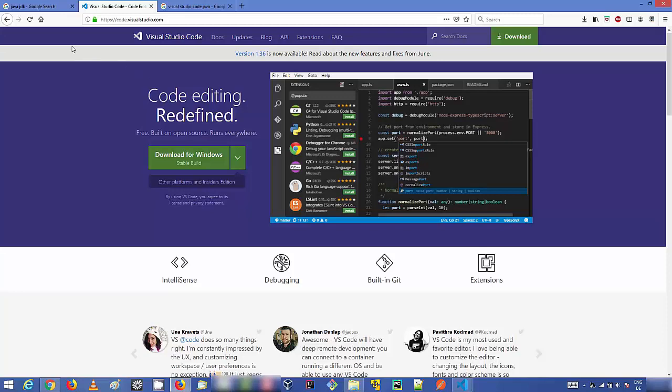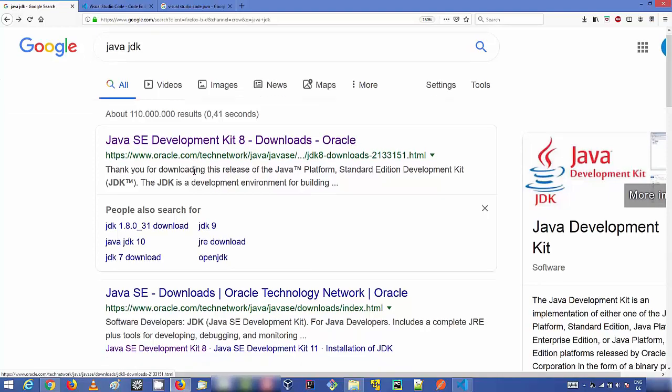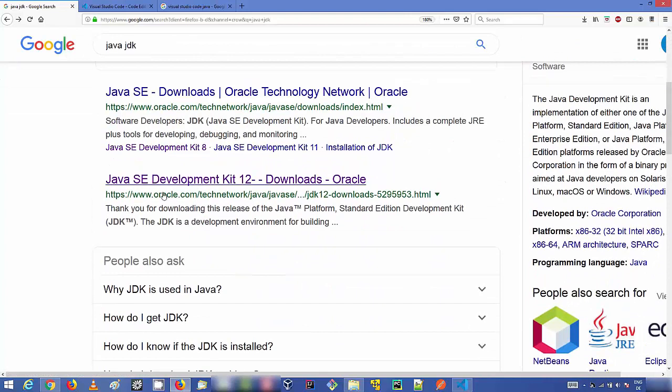So if you don't have Java JDK installed, you can search for Java JDK, and then you will see a few links here. So you can see, in my case, I can see Java SE Development Kit 8, which was the older JDK version, and when I scroll down, I can see Java SE Development Kit 12, which is the latest version at the time of making this video.